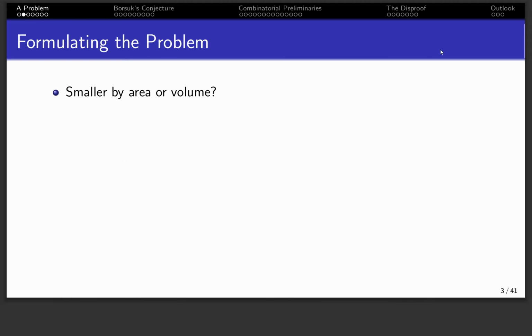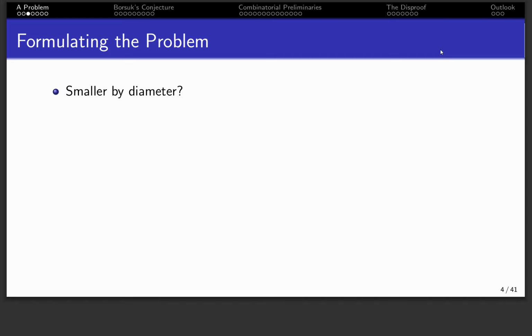Well, what do we mean by smaller? Smaller by area or volume? Then always just two parts are enough. So this is a pretty non-interesting question. But if we mean smaller by diameter, this becomes much more interesting because it's actually a quite difficult question to